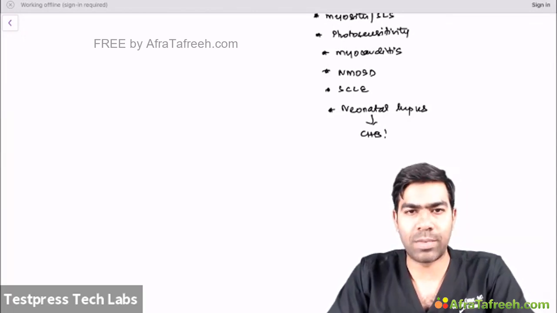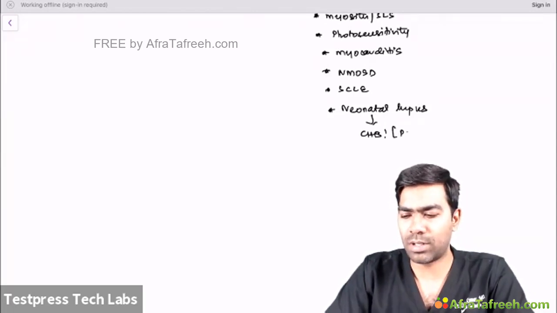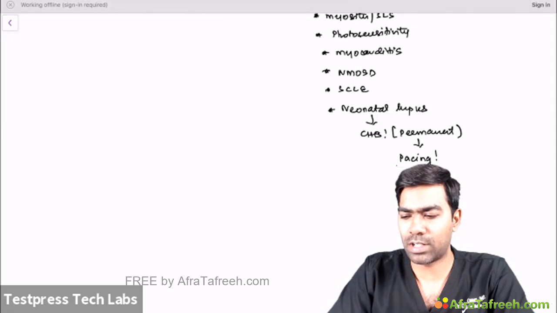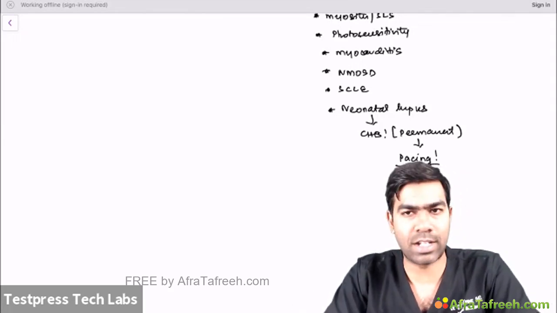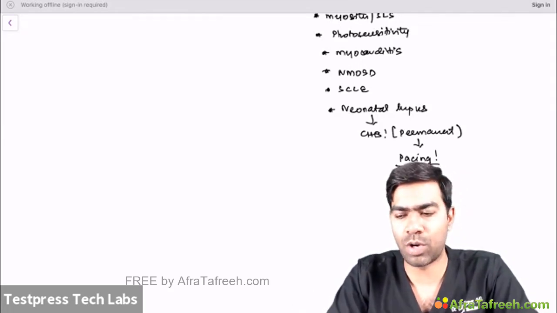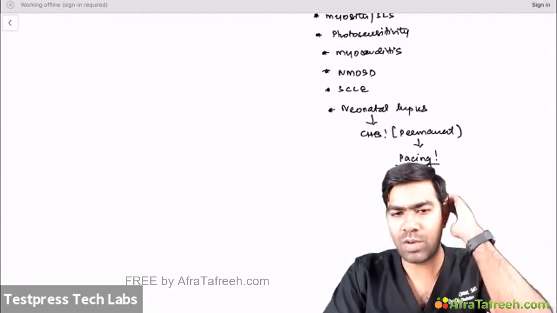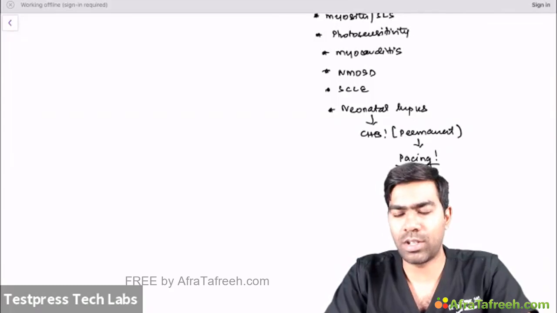And usually this complete heart block tends to be permanent, which means this complete heart block needs pacing. You cannot treat it conservatively. So that's a small risk that is present in the child who's going to be born with neonatal lupus erythematosus. And out of all these things, more importantly, you have two different types of